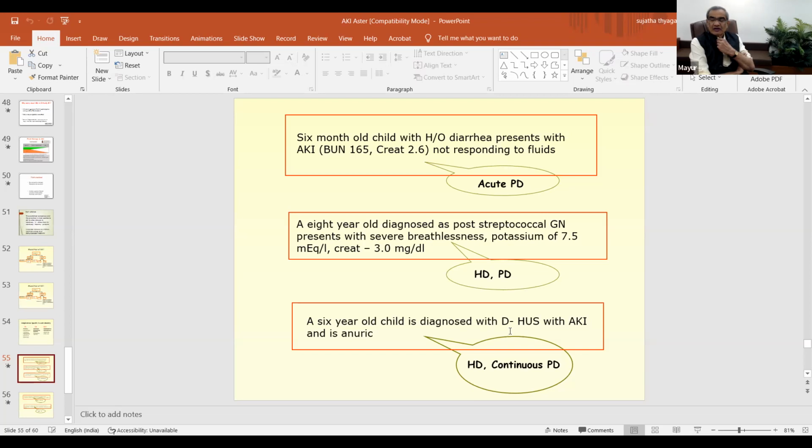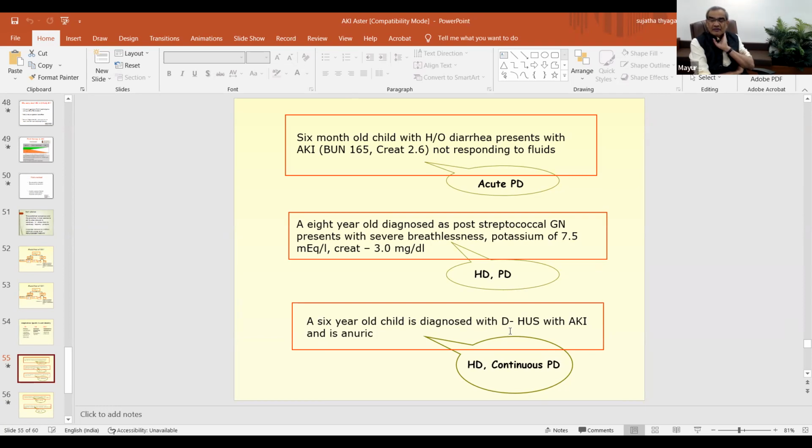Then hemodialysis, if the child is hemodynamically stable. You can initiate that and you will get a rapid reduction of potassium. You will correct acidosis quickly, and you will ultrafiltrate and remove fluid as well. So you will get rid of pulmonary edema issues. So acute hemodialysis. But if it is not readily available and it's going to take time, even PD will work.